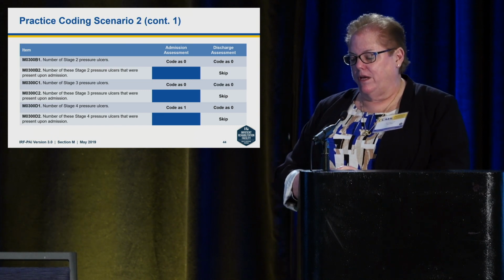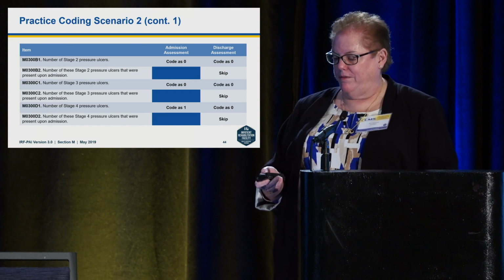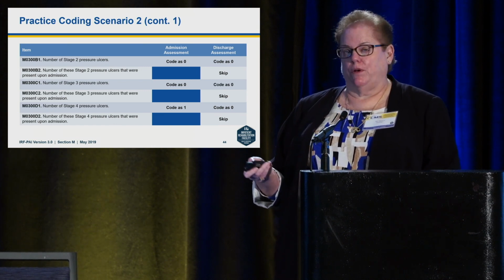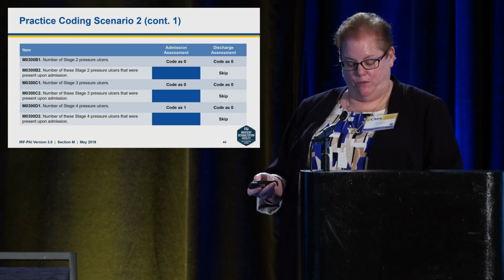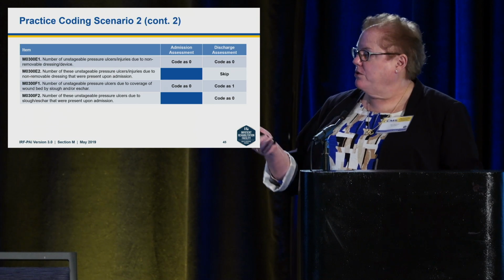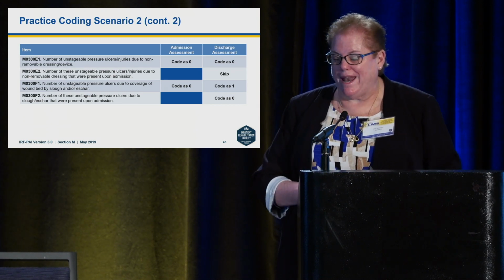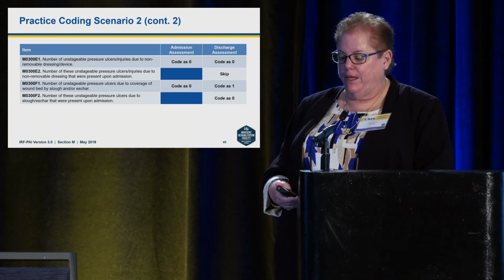Now we get into M0300D1, number of stage 4 pressure ulcers, which we have there coded as 1. On the discharge assessment, we don't have any of those, right? Because now it's covered with slough and eschar, so we'd say 0, and we're going to skip. And then it goes on to the next item, which asks for the number of unstageable pressure ulcers due to non-removable dressing. Well, we didn't have any of those, so we go 0, 0, and a skip. Then